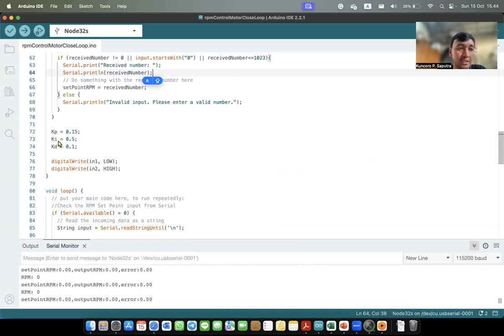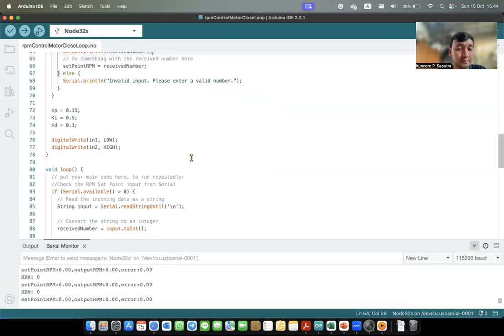I already did a lot of experiments to find the best value for KP, KI, and KD, so I use these values in the PID algorithm, but you can change them as you experiment, so you can know the motor response and how the motor can keep the output the same as our desired output.